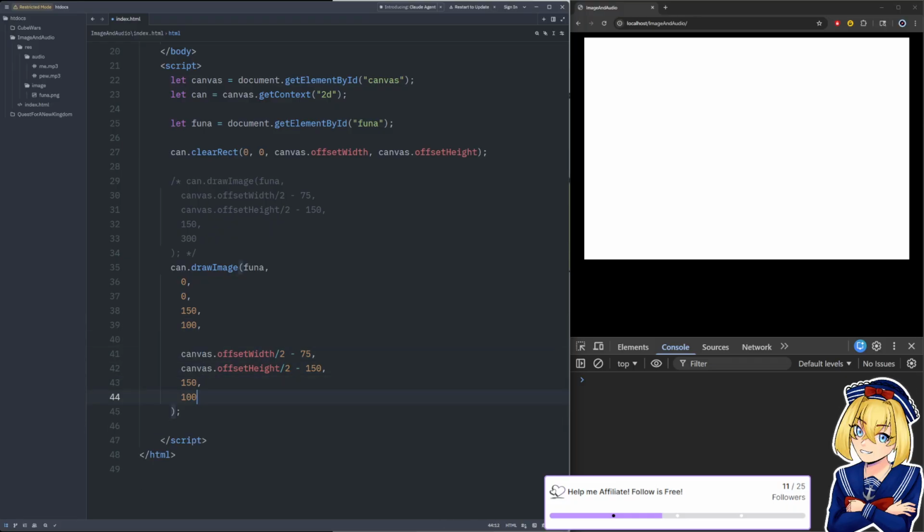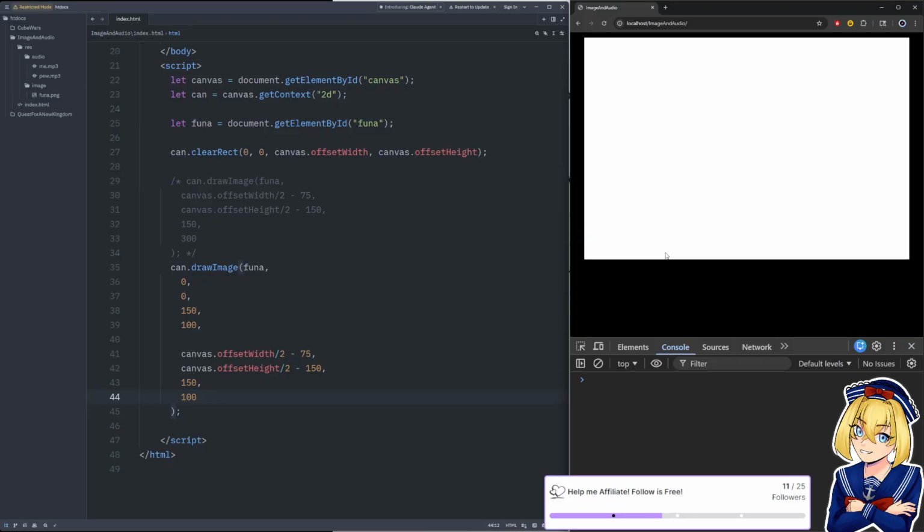So the first 4 after the image is going to be the crop of the image. And this actually makes more sense if I think about it. So we want 0, 0, 150, 100 of our image. And then we're going to draw that cropped version at this location with this width and height.